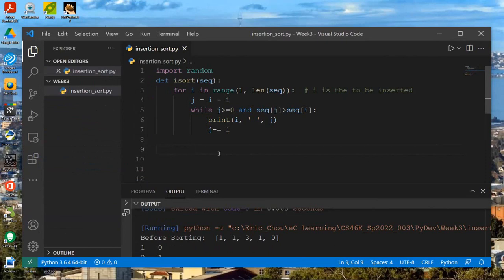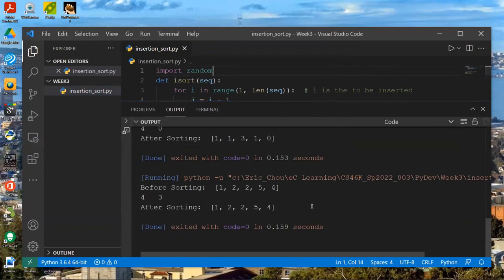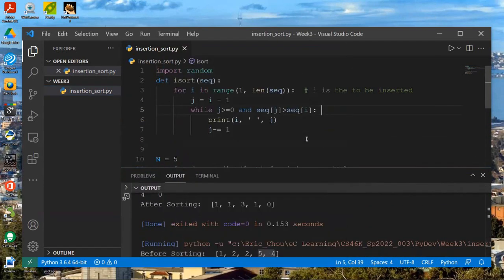So now look at this. We did not shift yet. So here we do have 1 2, this is the only one out of order, and you would just do that. Let's try one more time.